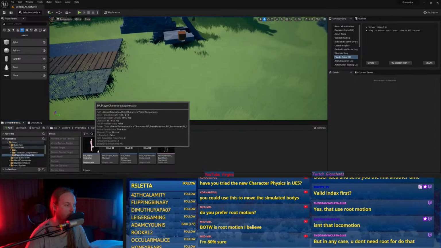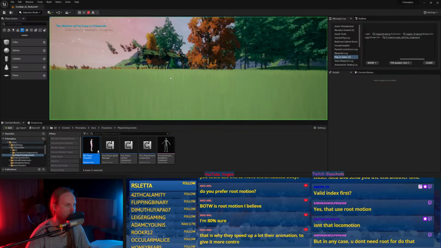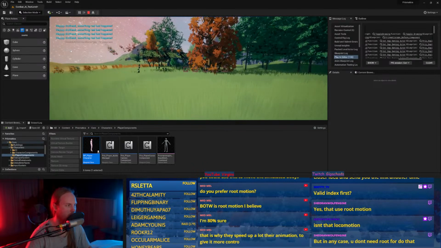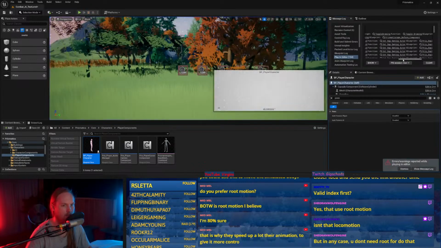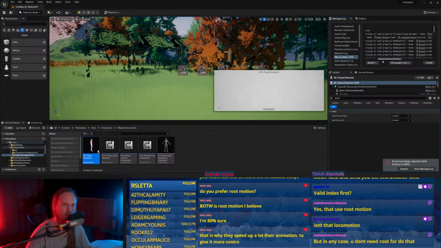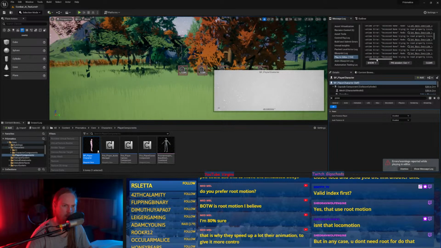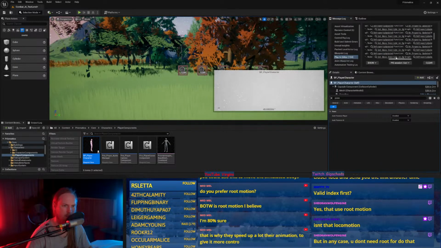Where is player character? Something really bad happened. Trying to read property, replicated object. That's fine. Set mass override in kilograms. Property updated.